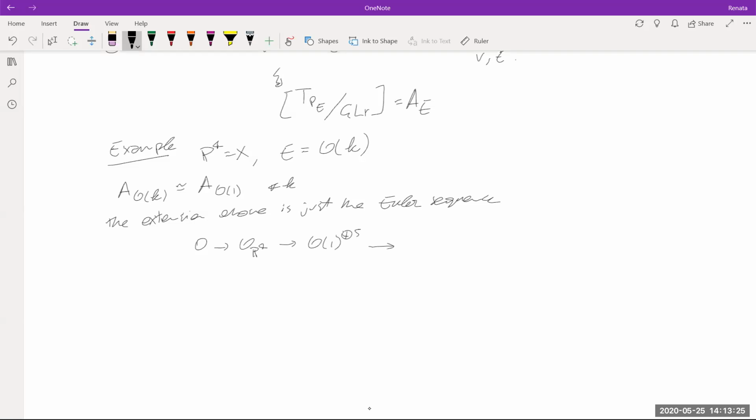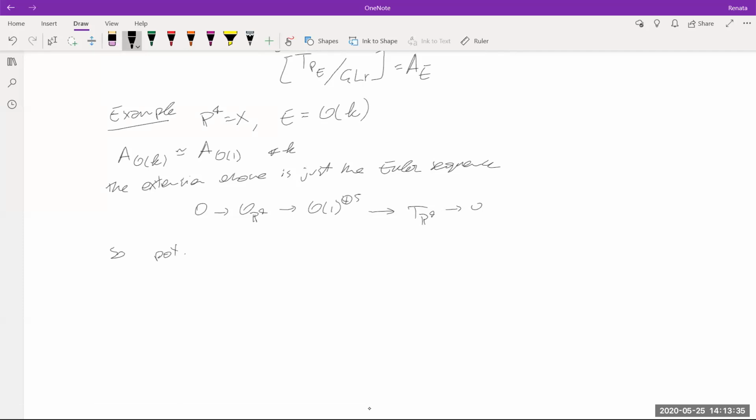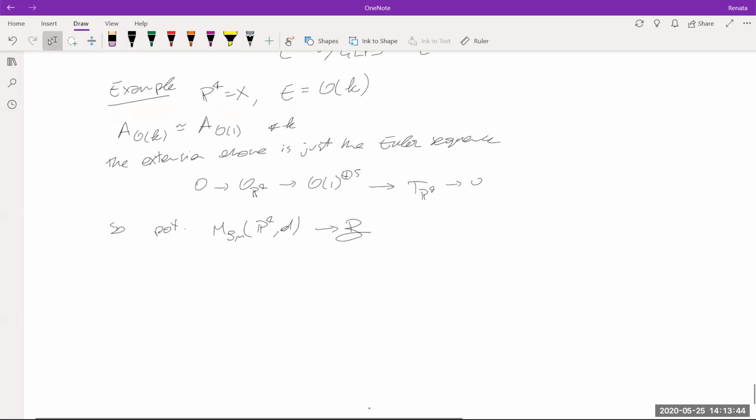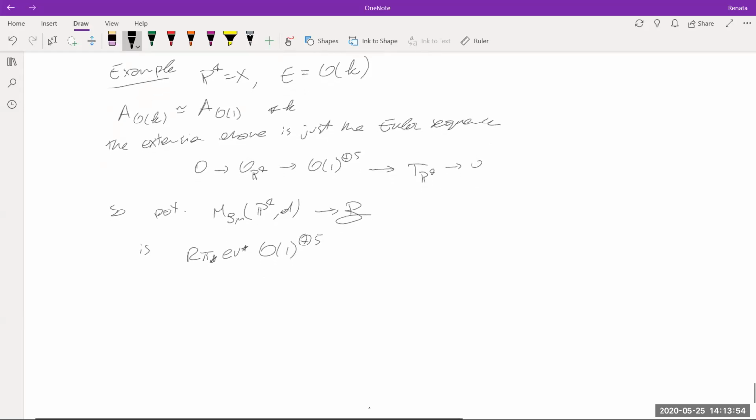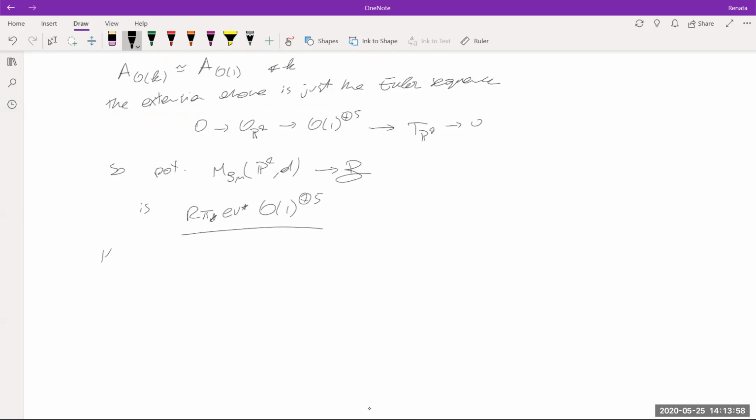I mean, this works not just for P4, I guess, for any projective space. And so the perfect obstruction theory of maps to P4 of degree D with respect to beta is just given by O(1) plus 5, which is well known and corresponds, so for